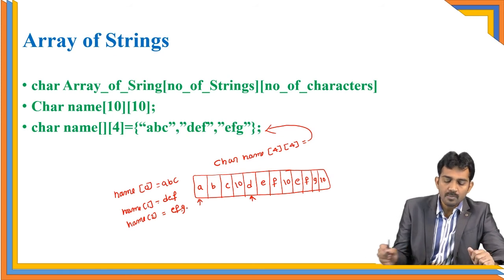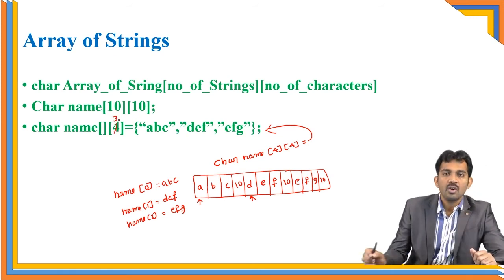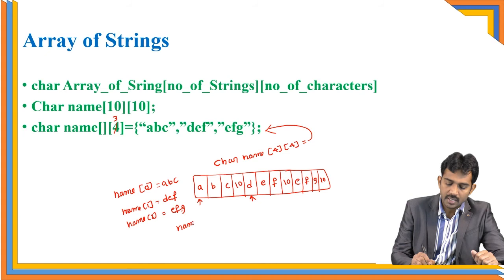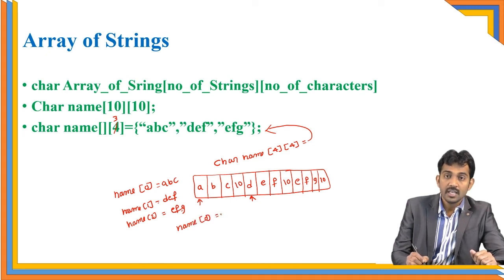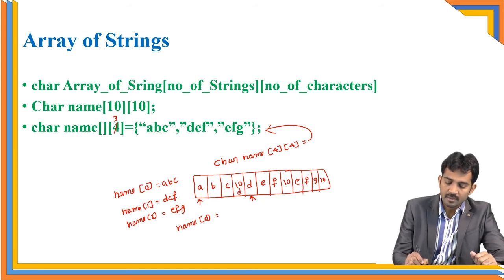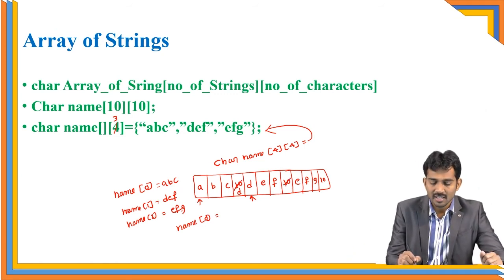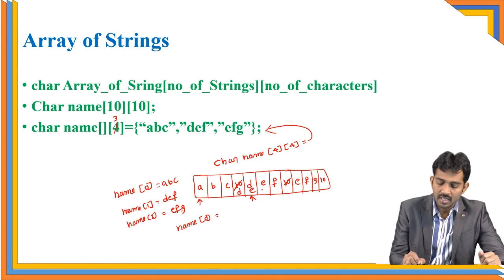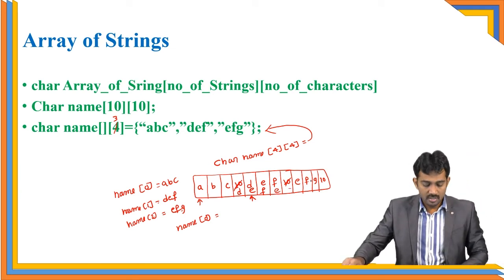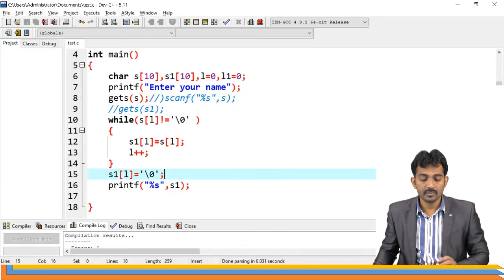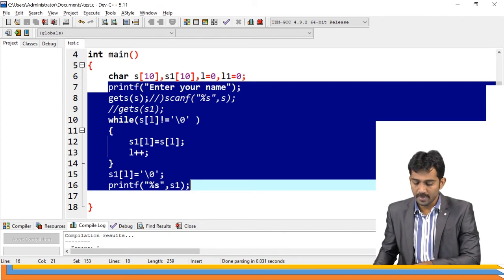Sir, I have one doubt. For example, instead of 4, I am going to write a 3. What happens? See, if you print name of 0, then it will print ABC. So here the D is stored from here. So there is no null character. See, I am going to explain. There is no null character here, so directly the D comes from here, then E, F, and E, F, G comes here. Like that it will store. I will explain with a small example. You will get clarity. Here I am going to store a two-dimensional array.